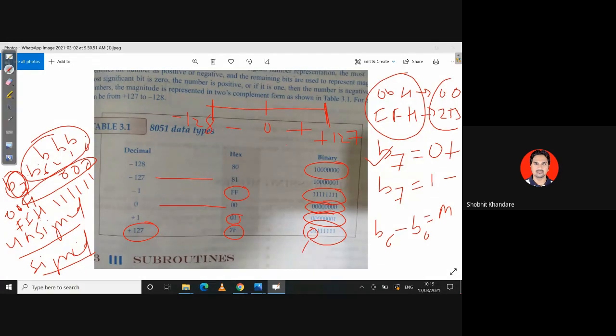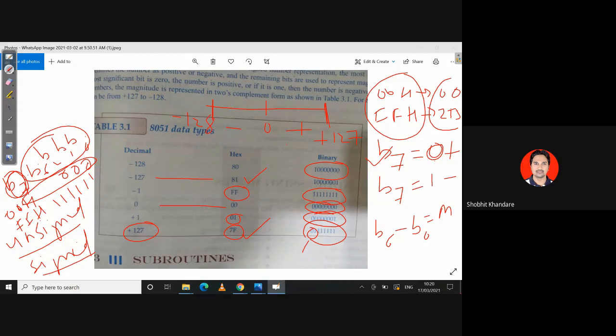The MSB bit is 0, because I have shown you that for positive numbers your B7 is 0. Okay. So +127 in hexadecimal is 7F, and -127 in hexadecimal is 81H. Okay, so that is the difference you have to understand, and you should know the range.